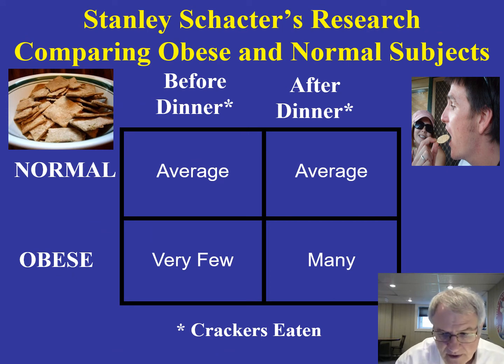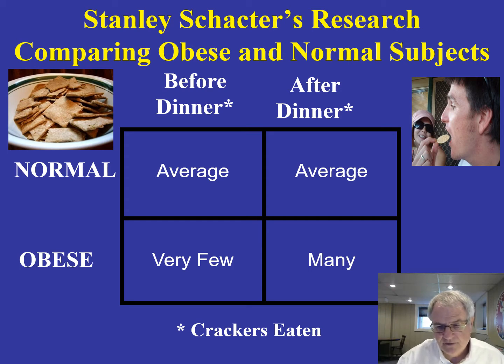This experiment is one that is described as a basic 2x2 experiment. Here's how the experiment went. Subjects were asked to participate in filling out a very lengthy and boring questionnaire in a room in which they could not tell time of day. There were no windows in the room, there were no clocks in the room, there was any kind of device that would help them to tell time, like a watch, for example. This was removed prior to them going into the room to fill out this questionnaire.